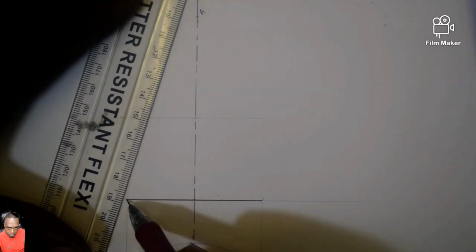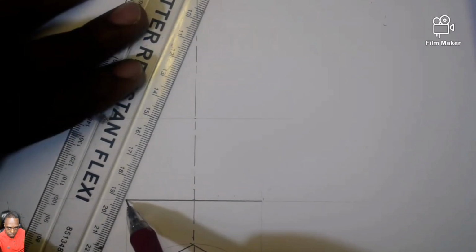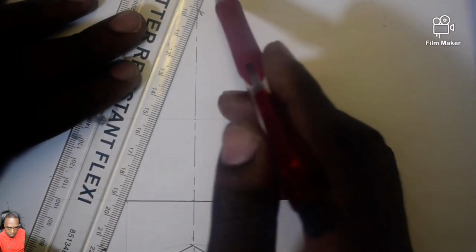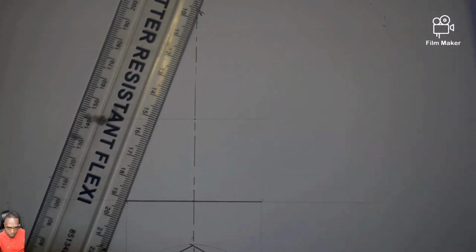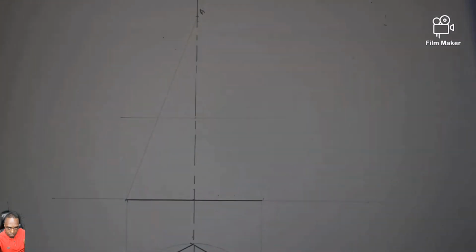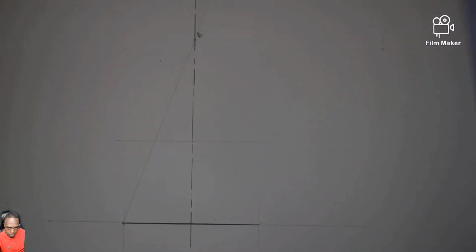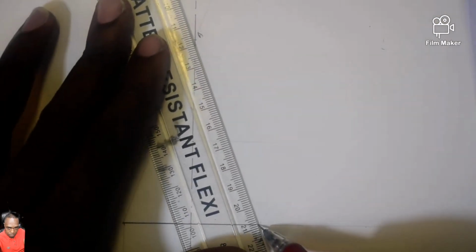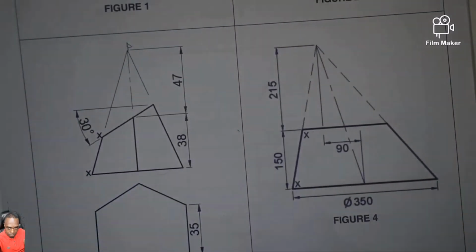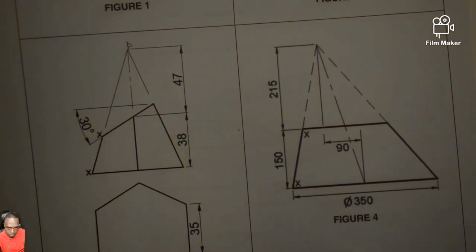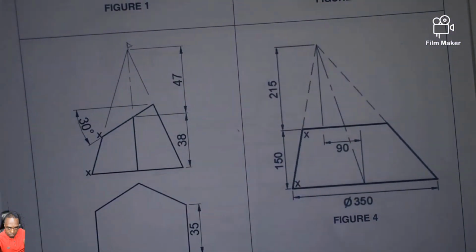So now faint, there it goes, faint. To my apex point up there, and again from here to here to my apex point. Remember, I switch one. This apex point is good as if it's that one there. You understand? So from there,